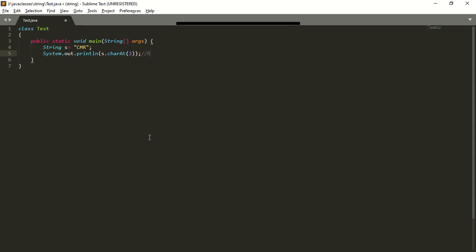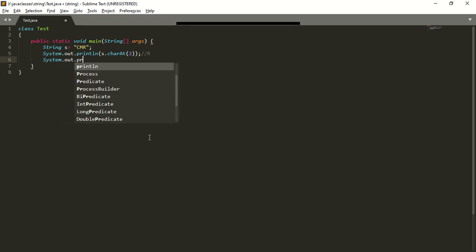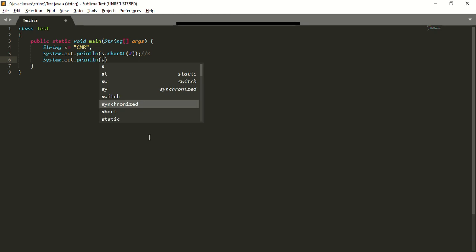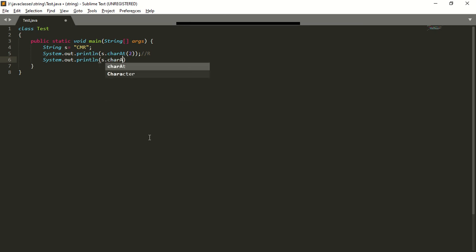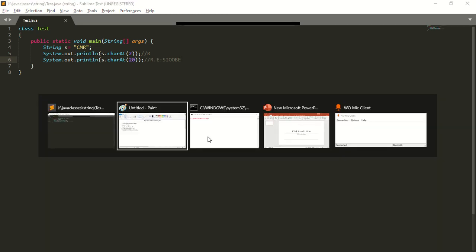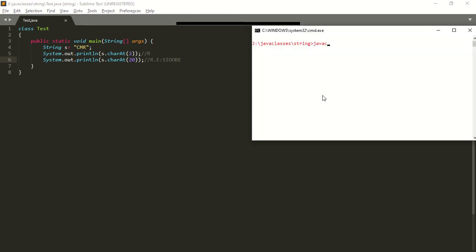The result will be R. Next, similarly, System.out.println s.charAt of the 20th index. So what will be the result? In this case, we are going to get a runtime exception. So what is that exception? StringIndexOutOfBoundsException. Okay. So save this, compile. So what is the file name? javac test.java. Next.